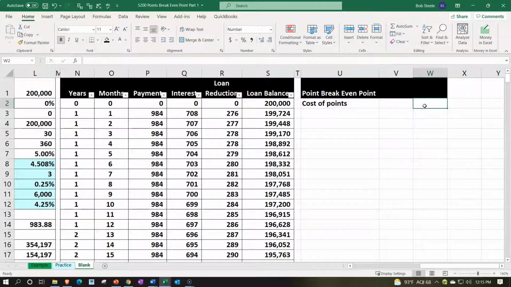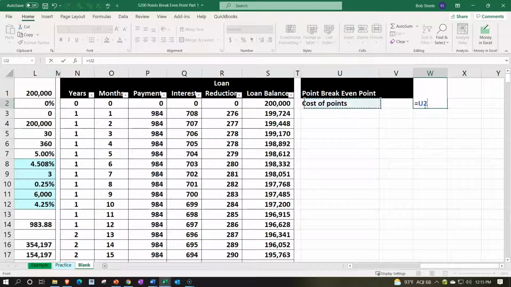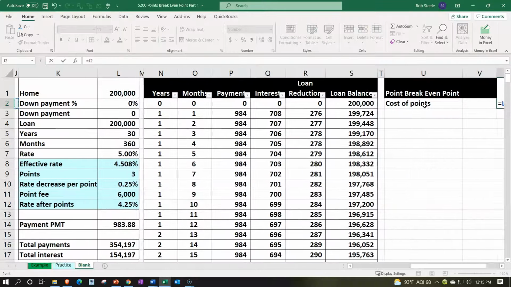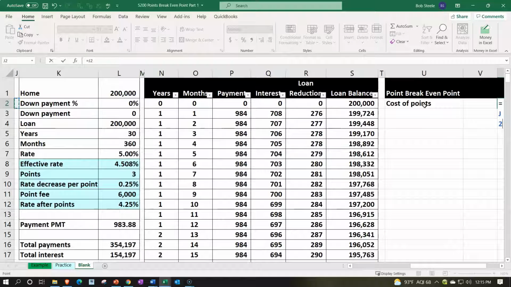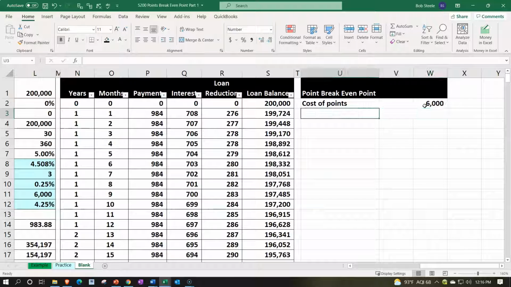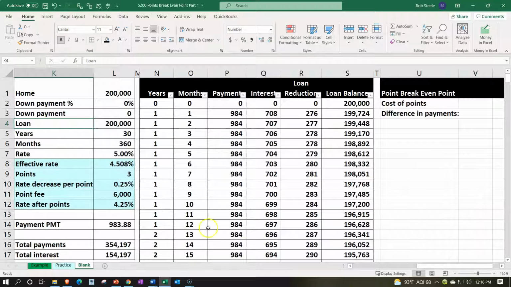The cost of the points is going to be equal to, notice because I have these two scenarios, I can pull this with cell references and just pick up the cost of the points. That's how much we're putting down up front, the $6,000, in order to pay down the rate, as they say. So now we're going to look at the difference in payments with points and without points. This is the major advantage of points, because by paying that $6,000 to pay down the rate, as